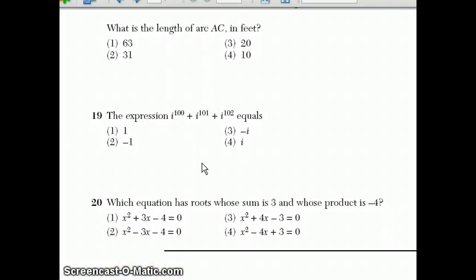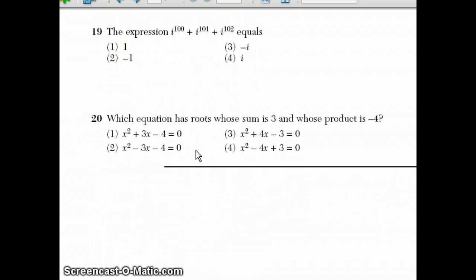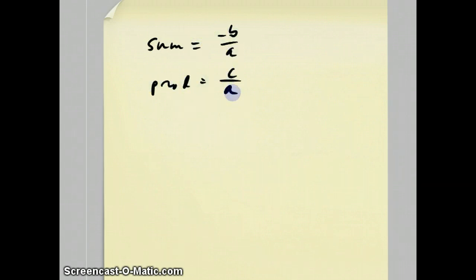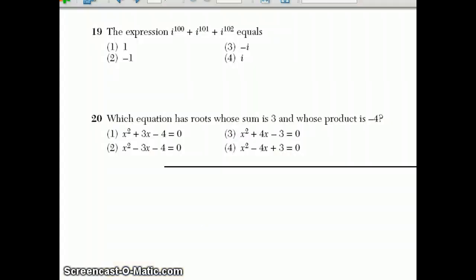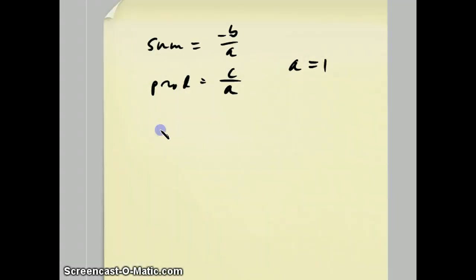The final question on this part 1 is question 20. Which equation has roots whose sum is 3 and whose product is negative 4? Notice how in all these equations, the a value, the coefficient on the x squared, is 1. So there's two pretty useful formulas for a question like this, and those useful formulas are the sum of the roots is always negative b over a, and the product of the roots is always c over a. Now in all these examples, a is 1, so they would like to know when is the sum 3 and the product negative 4. Well, if the sum is 3